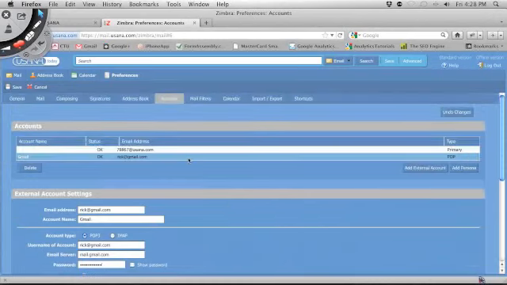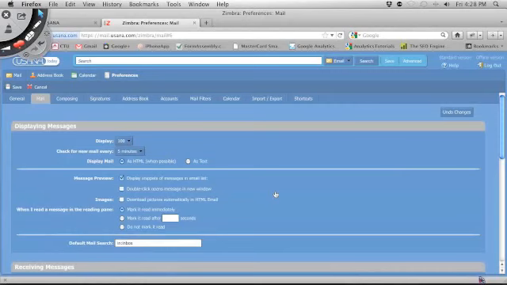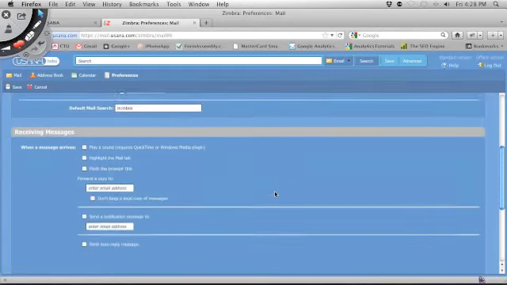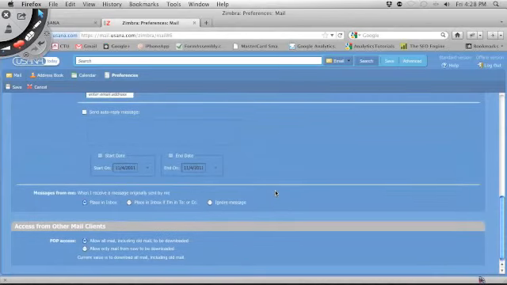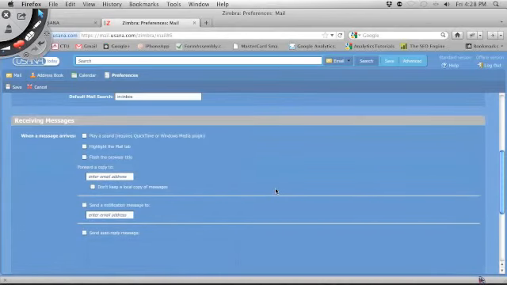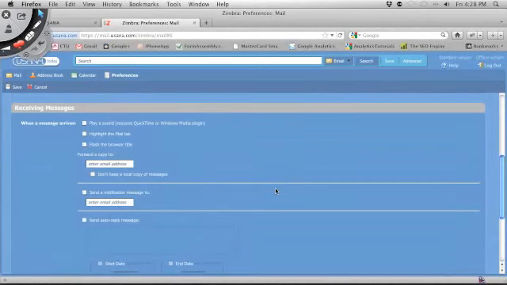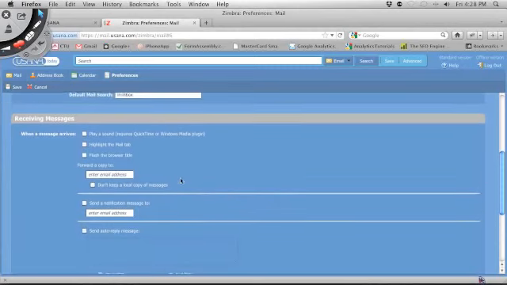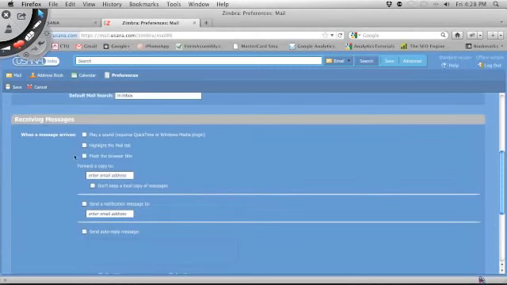Another feature you'll find under Preferences is forwarding. For this one, it's still going to be Preferences. You're going to hit the tab called Mail. Within this tab, if you want to forward, you're going to go down to Receiving Messages. Within Receiving Messages, I can say I want every message that comes into this mailbox to go to